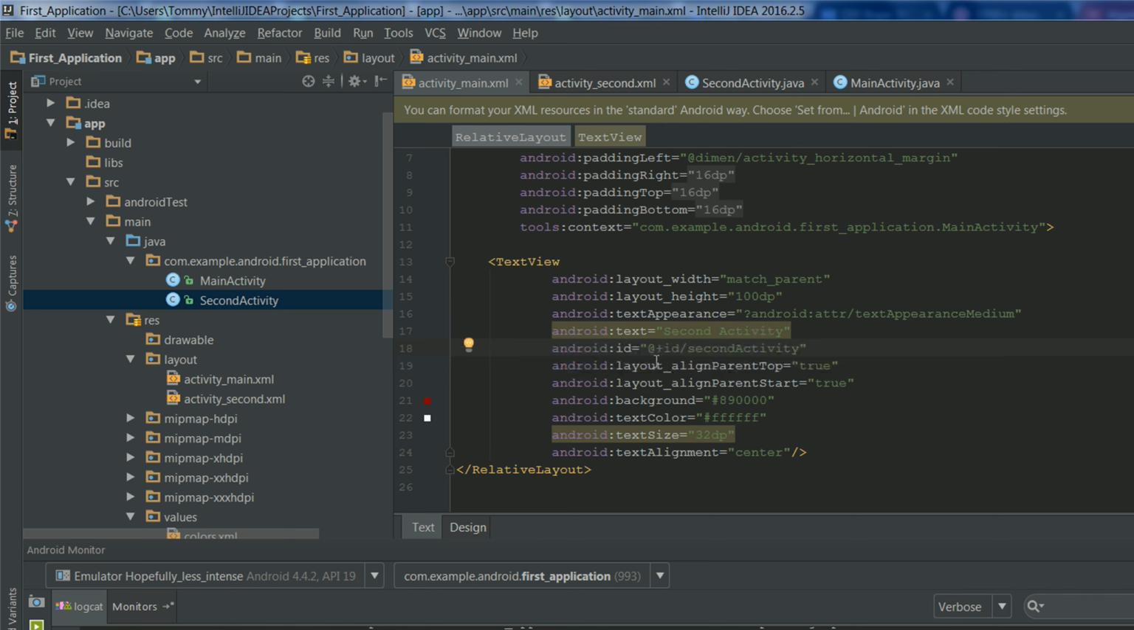So what this is saying is at plus ID, so at this array of ID, we want to add second activity. So whenever the Android system on a phone reads the ID's activity, it'll notice that second activity is part of that array. Okay, so